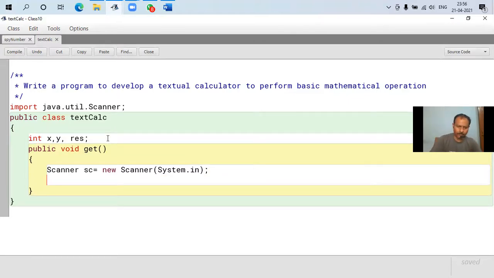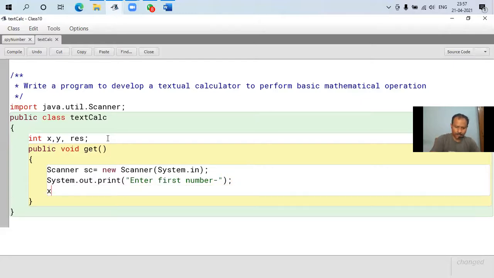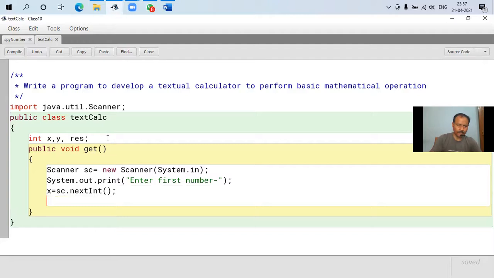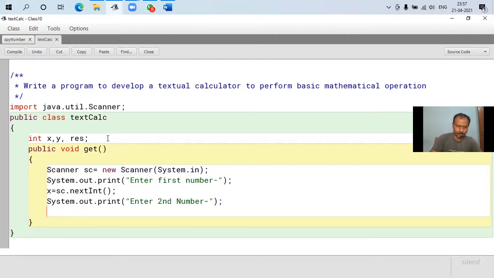Now we're going to show the message, and store it in X. Then another message, store it in Y.